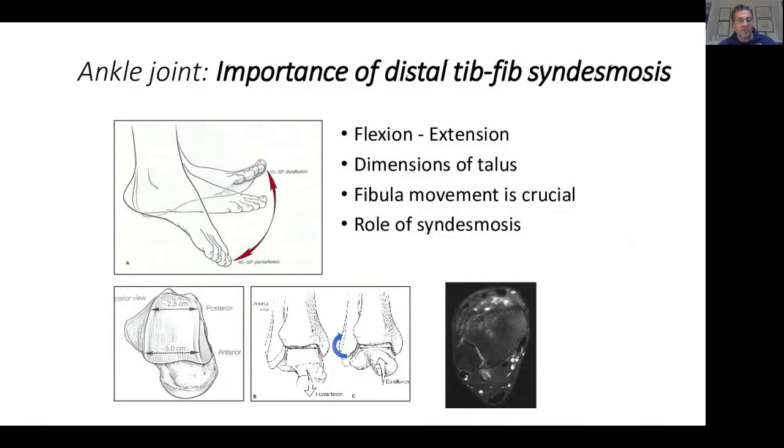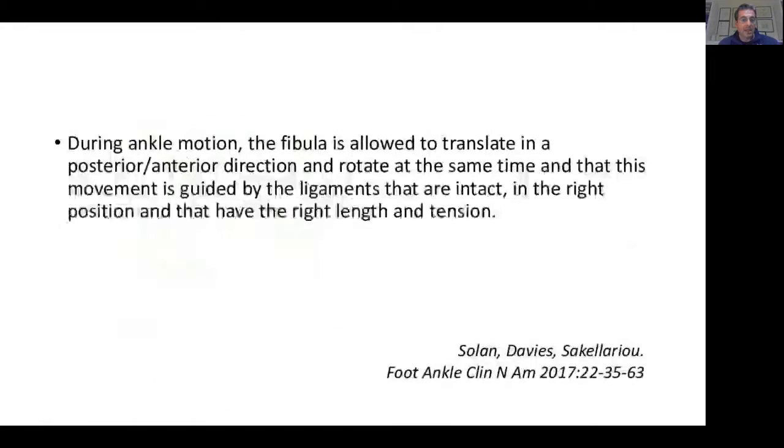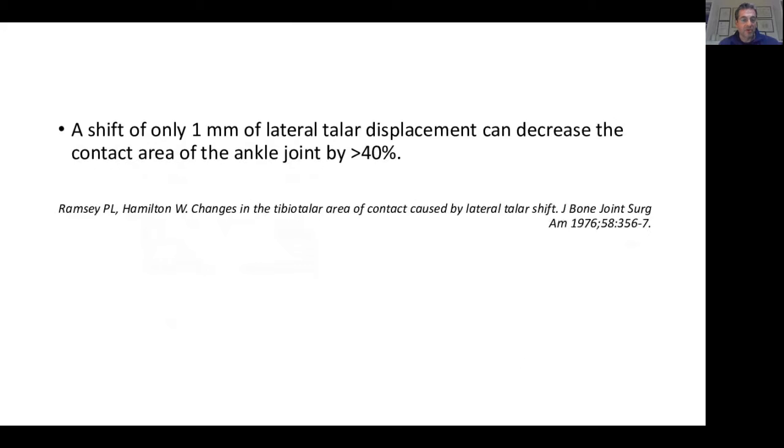Let's go back to some basics, because some people in the audience might not be familiar with advanced knowledge in foot and ankle. The distal tibiofibular syndesmosis is a very important joint. It's not immobile, it's a bit mobile, so it allows a little movement of the fibula so that the wider portion of the talus anteriorly can fit within the mortise when we dorsiflex the ankle. That motion is a bit of rotation and posterior to anterior translation of the fibula, and that is associated with proper function of the ligaments around the ankle.